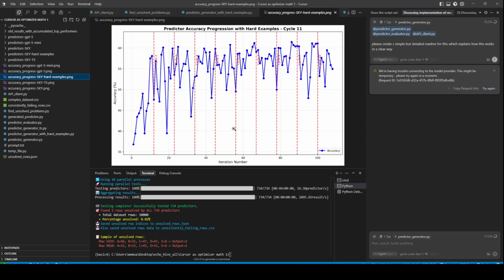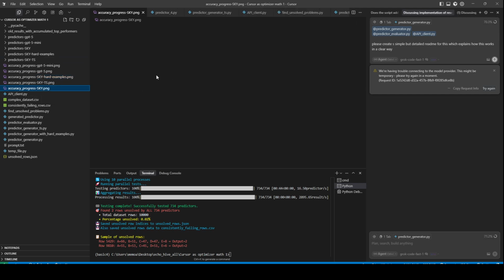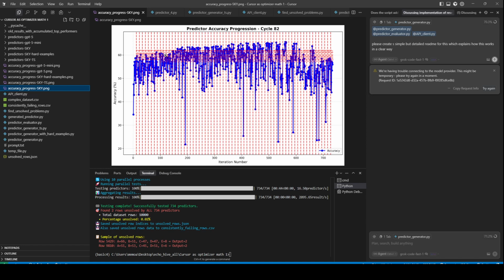Here is the plot for it, and actually the hard problems were solved pretty quickly. So it didn't really impact. Maybe I didn't run it for so long, only 100 iterations. When I looked at this in comparison to the chart, I didn't see any particular difference. If you look here at the 100 iterations, they were performing just about the same. So I gave up that idea.